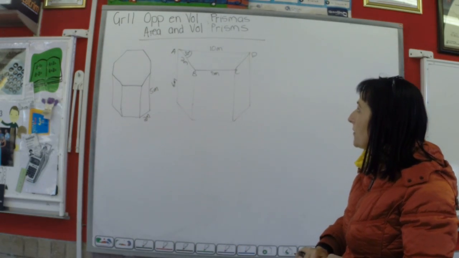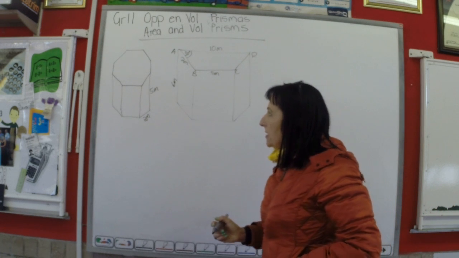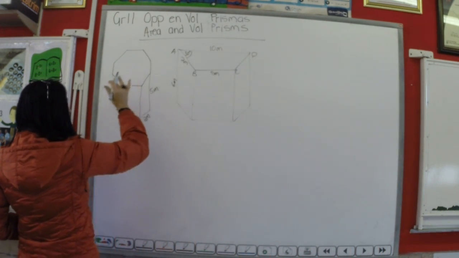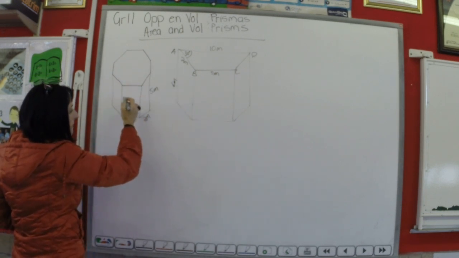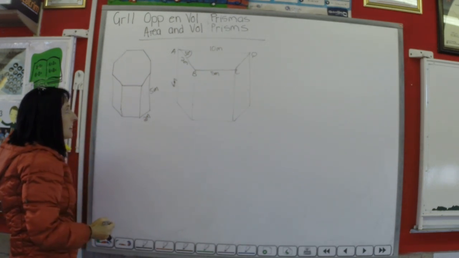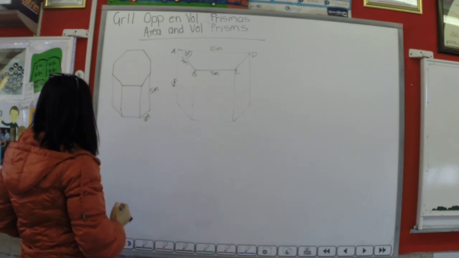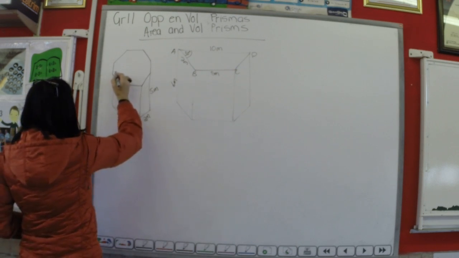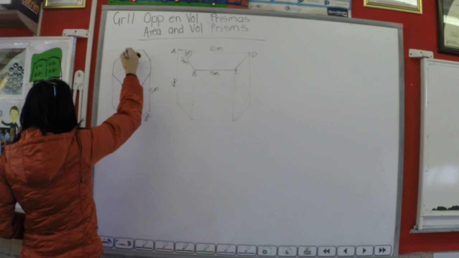Wat else? Ons is terug by oppervlakte en volume van prismas. So if you look at this prism over here, it's a hexagon. So it means that the base of this three-dimensional figure has 6 equal sides with 6 equal angles. So you can divide this hexagon into